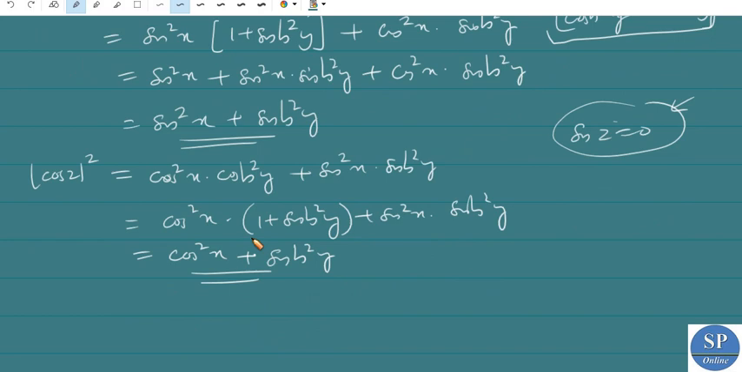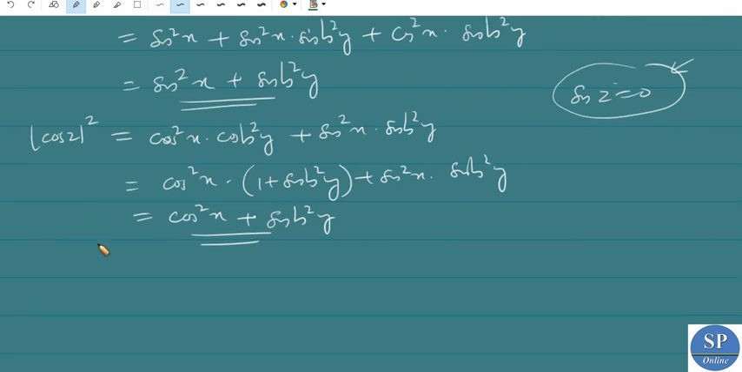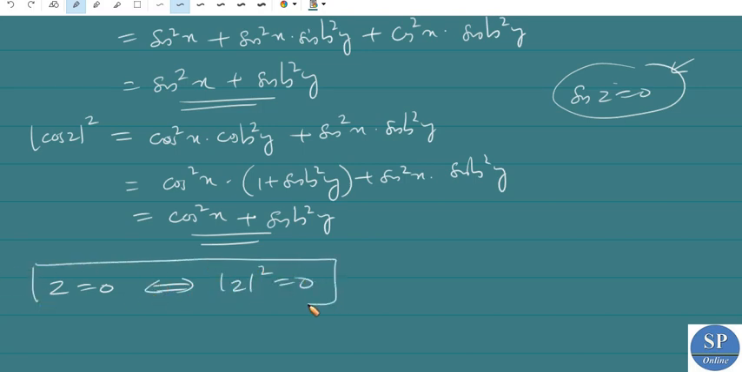We know that a function z is equal to 0 if and only if |z|² is equal to 0. Okay, so for using this I did it this way. So we have a complex number z is equal to 0 if and only if |z|² equal to 0. So from this we can say that sin z is equal to 0,